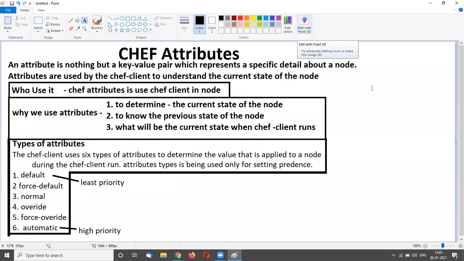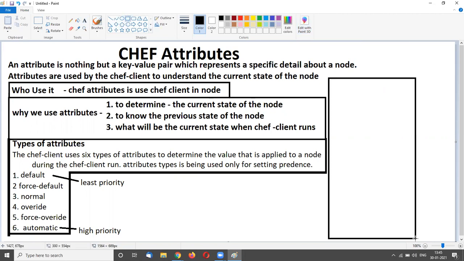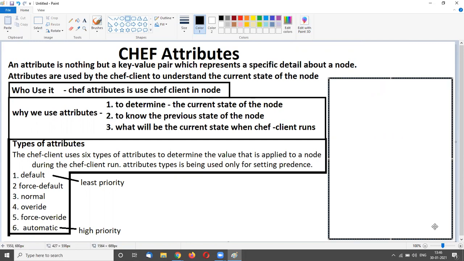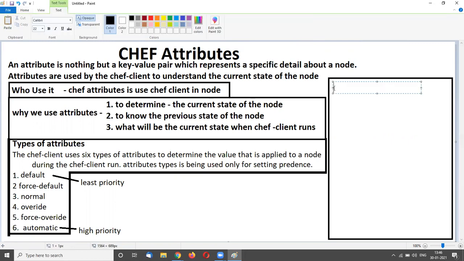So let's talk about who defines chef attributes and the source of the chef attributes. So I write here, who defines attributes.